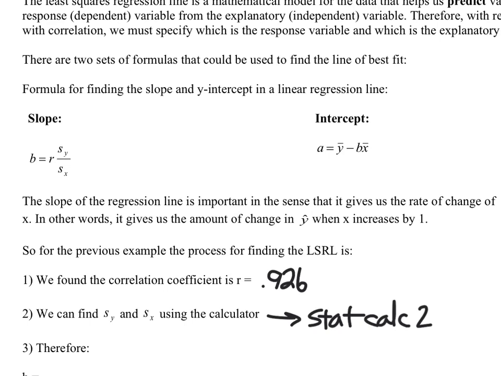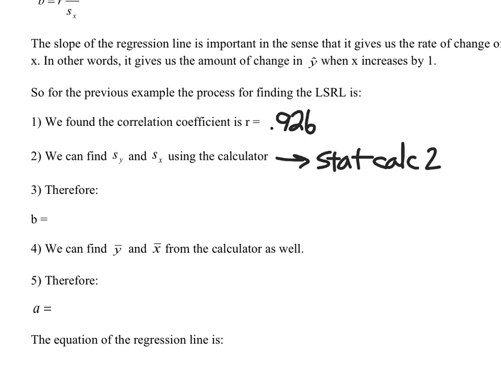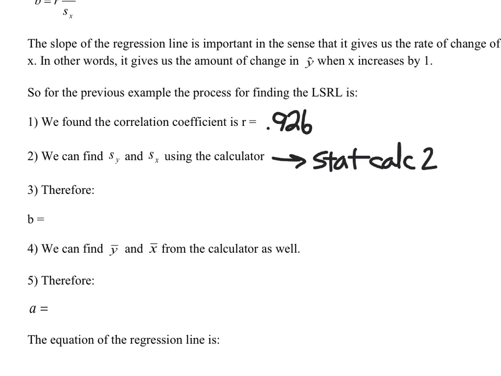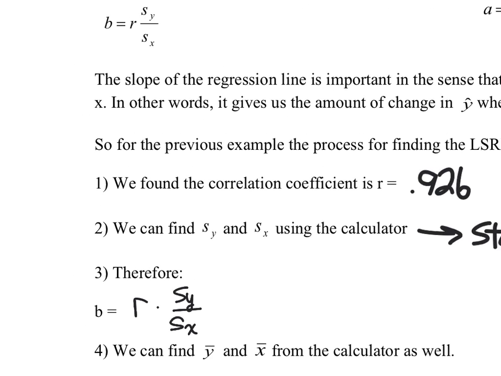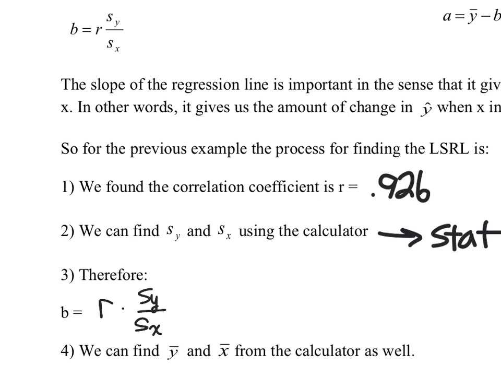All right, so calculate, you have your SX, you have your SY, and so we could figure out the B value. And again, I'm not doing this by writing all these values down and then typing them in, with rounded forms. I'm literally just going to tell my calculator to compute R times SY over SX. That seems like a complete waste of time, but when you think about what that means in the calculator,